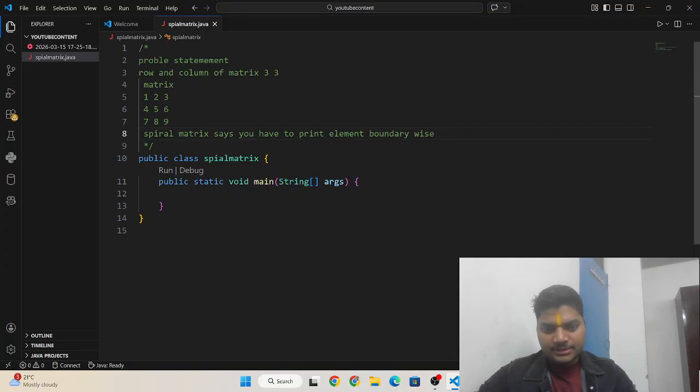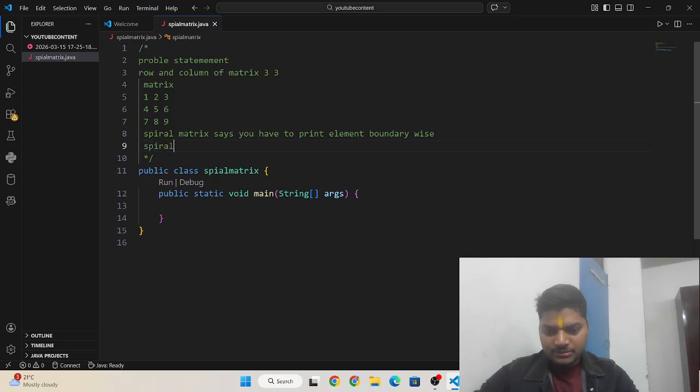Like in a spiral matrix, the elements will be 1 2 3. After that you have completed this top boundary, and after that 6 9, after printing this right column.